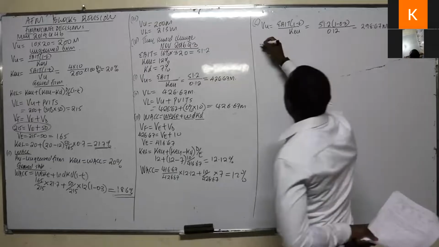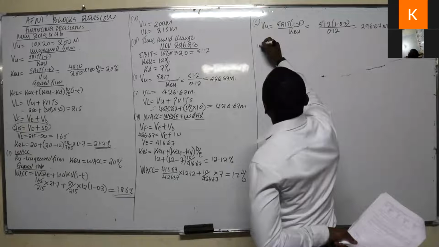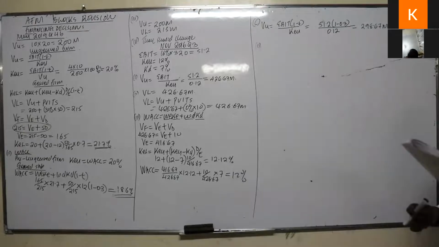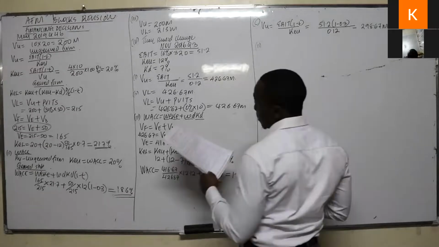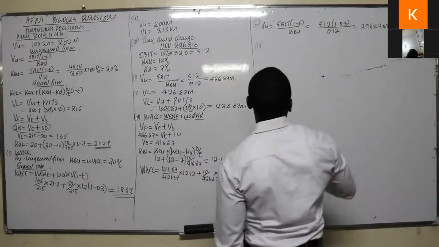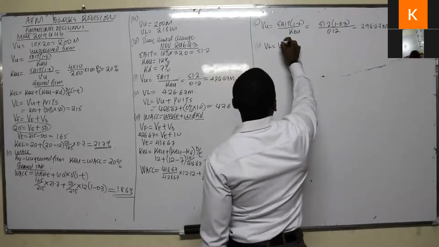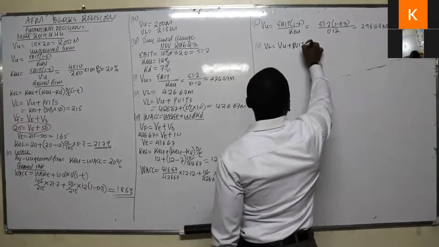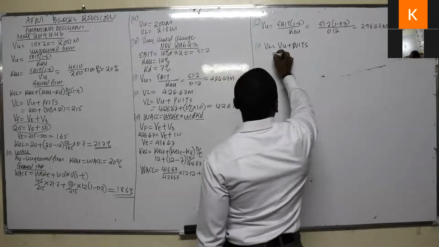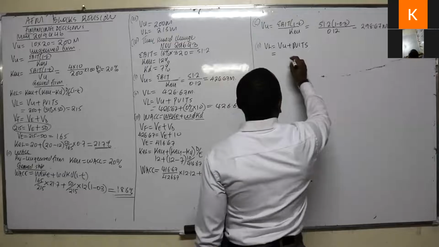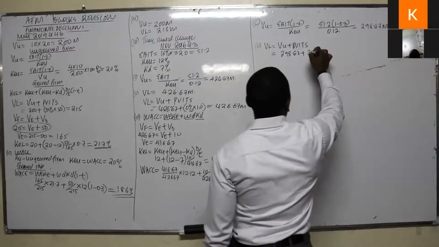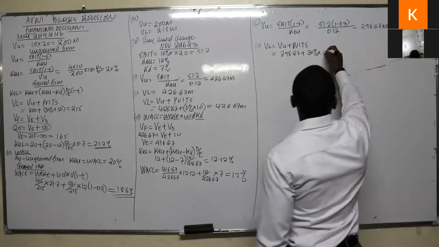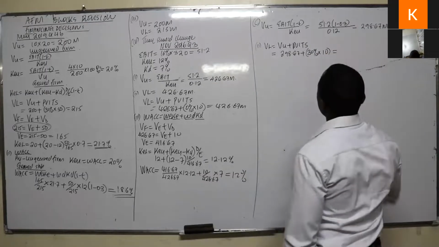Number two. The current value of the firm, if it uses a debt level of 7%, 10 million. If there is debt, then that one becomes geared. So the value of the geared firm is the value of ungeared plus the present value of the interest tax shield. The value of ungeared we have is 298.67, plus 30% of the debt. You're using a debt of how much? So you'll get